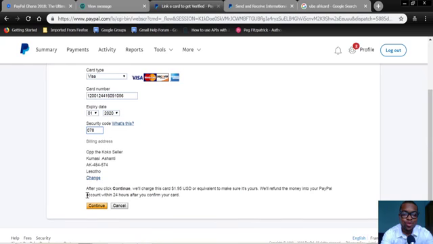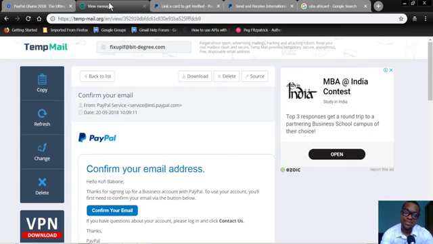So please note that after you click continue, we will charge this card 1.95 US dollars or equivalent to make sure it's yours. The reason they are charging this account is to confirm that the card is yours. We will refund the money into your PayPal account within 24 hours after you confirm your card. Between 24 and 48 hours, this money will get back to your account. They want to know that the card is yours and it's not for somebody somewhere that you stole or whatever. Yes, so always keep your email address intact and open, because they'll be sending you information about your